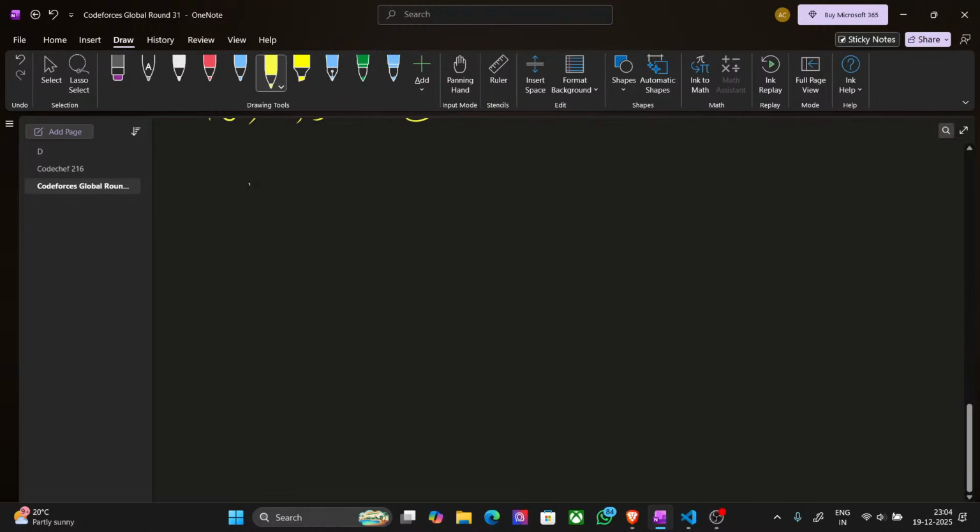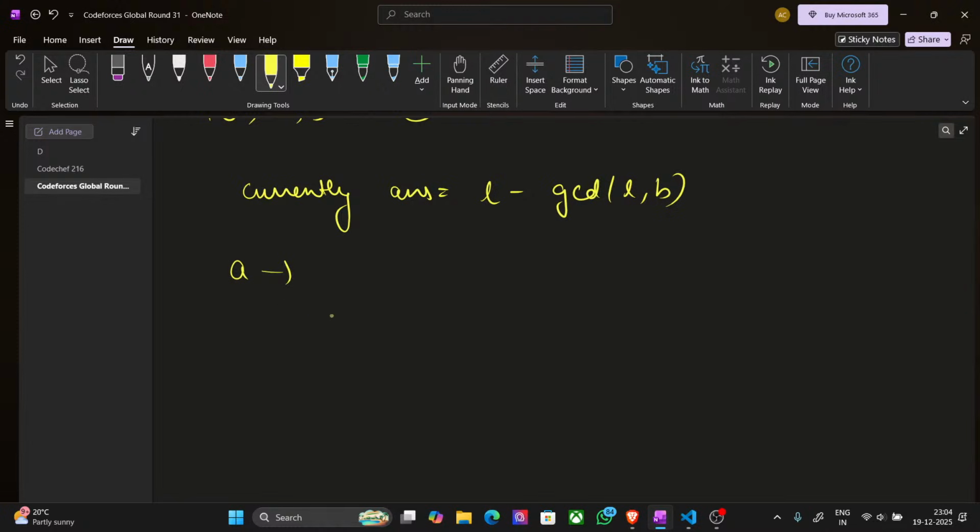So currently my answer will be like L minus GCD of L comma B. Okay. Now A can start from any point. If I had A like this, 1 and then 3, or let's say B2, A1 and L10, then my jumps will be like 1, 3, 5, 7 and 9. This time I got 9,